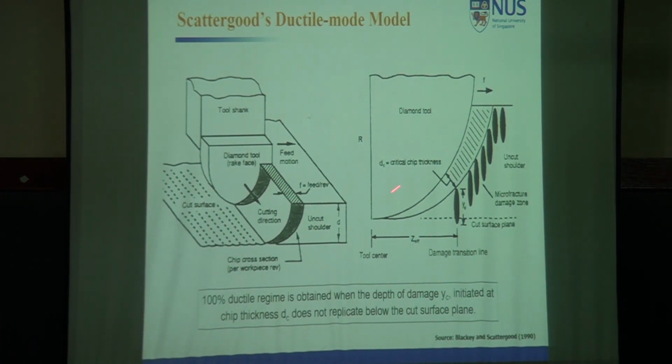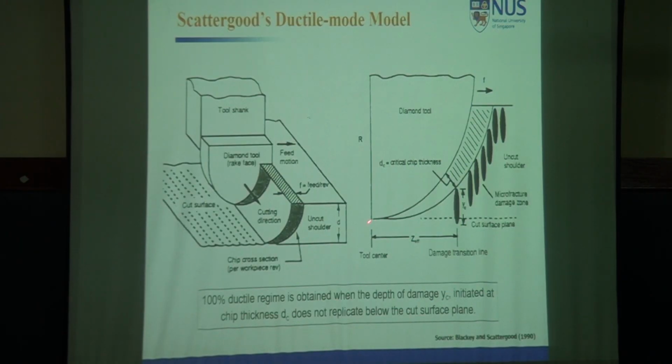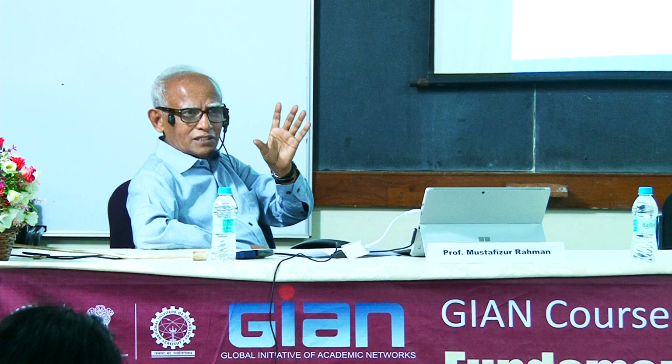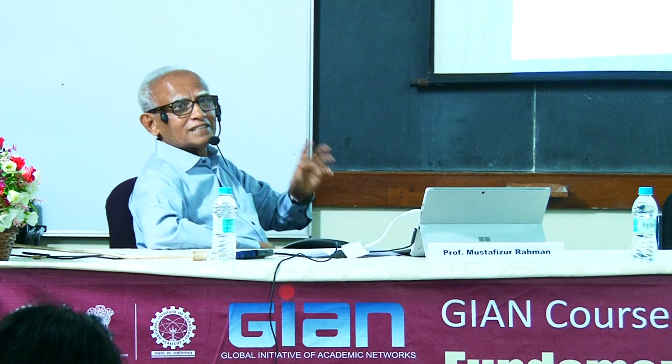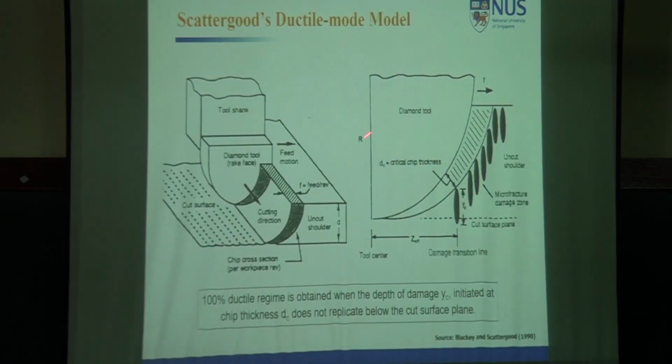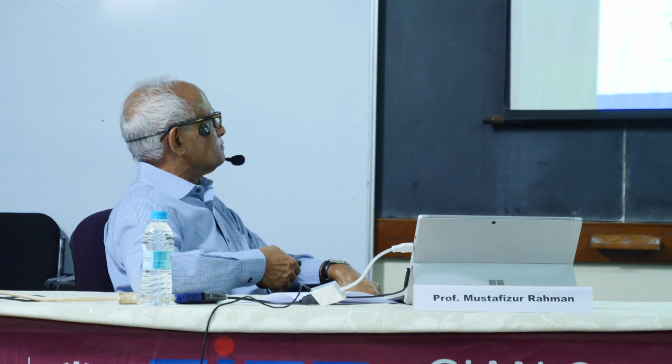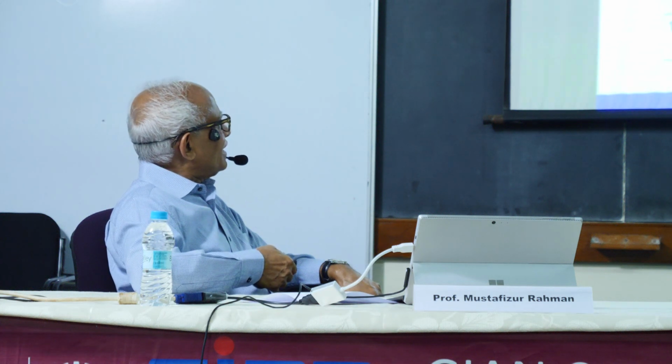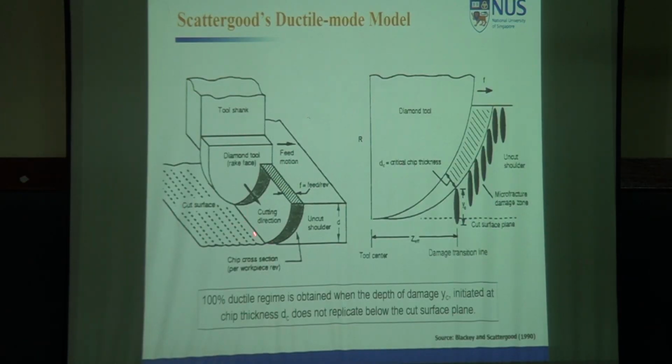If you consider it as up milling, you are increasing the feed rate here, because in up milling the chip thickness changes. Here you are intentionally changing the chip thickness. Whichever you conveniently think, you can think of up milling or plunge turning. As you increase your chip thickness, your radial depth of cut increases, and the cracks generate at the critical